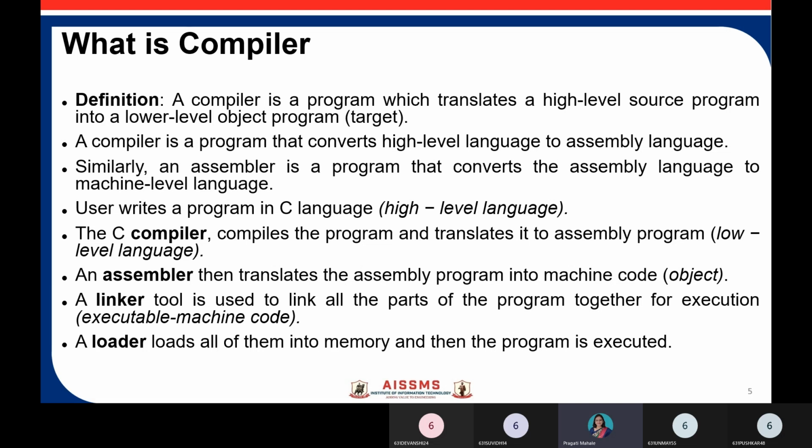So before we start with today's lecture contents, I would simply like to have a revision of our earlier lecture. Last time we have seen what is compiler, and in exam you may get this question for around 2 marks to 6 marks, that is what is compiler, and you can also write why we need compiler. So definition of the compiler and what the compiler does, that is what is expected here.